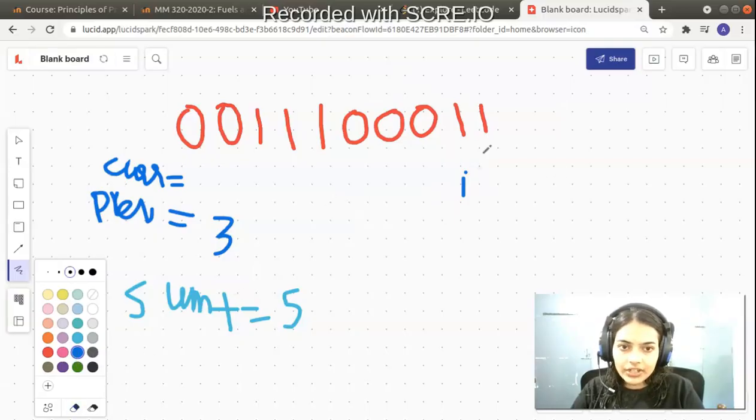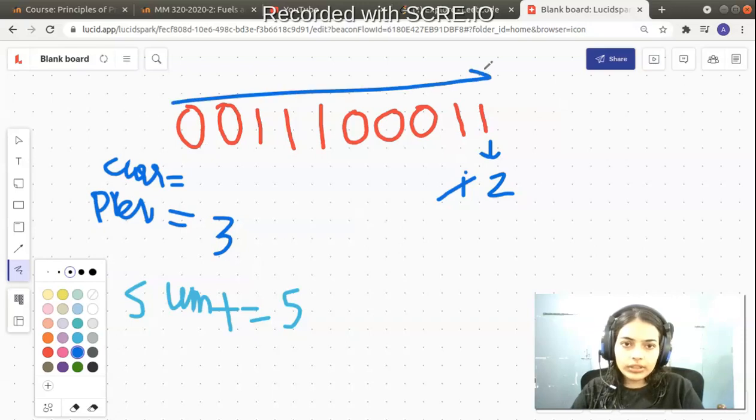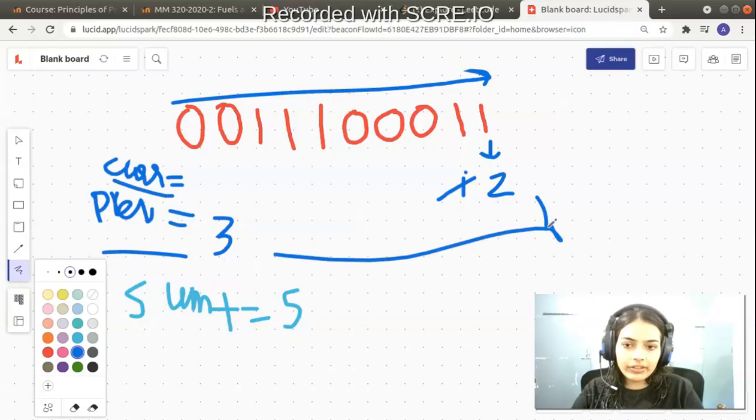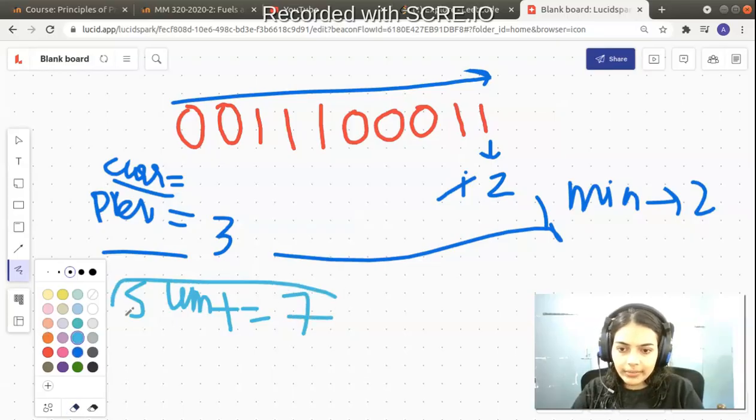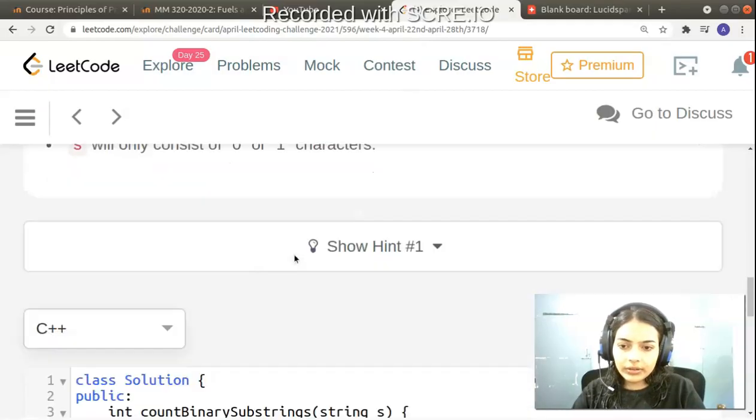In the last iteration, we are at this particular element, we will change the value of current and it will become equal to 2. And we have gone through our entire string, and now finally we are again left with current and previous. So again we will compare minimum of 2 and 3. Minimum of 2 and 3 is again 2, so we will store the minimum value 2 and we will add that to our sum. So 5 plus 2 is 7, so finally our sum becomes 7, and we can return this as our answer. So let's write the code for this.